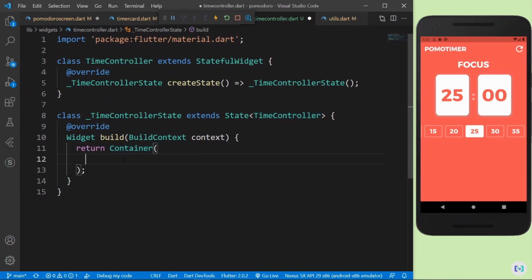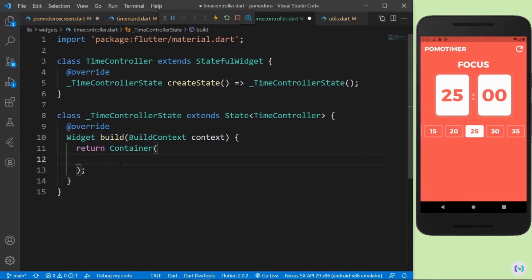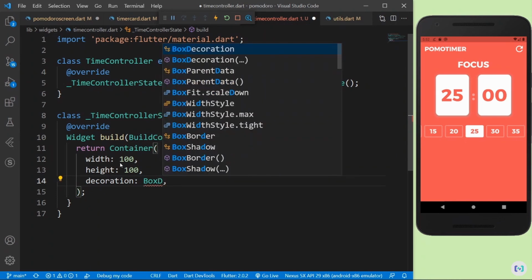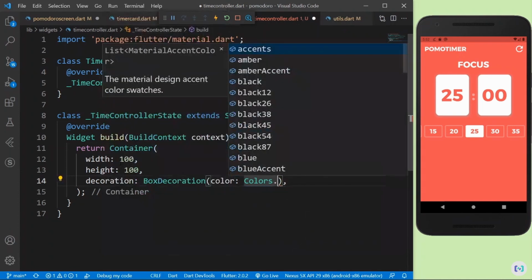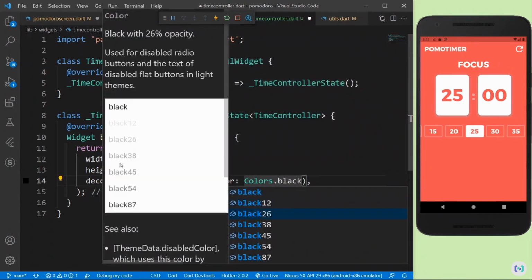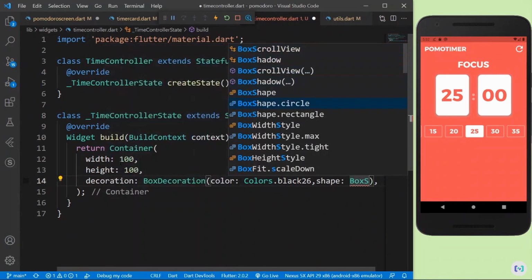So first of all, I'll just return a container, because as you can see in the UI, I have this black container, and in the center of the black container I actually have the icon button. So I'll return a container with a width of 100 pixels and height of 100 pixels, and let's actually give a color. So I'll say decoration is BoxDecoration, and the color I'm going to provide is Colors.black but with an opacity, so I'll say Colors.black26. And then also I'm going to give a shape for this whole container. So shape for it is going to be BoxShape.circle,